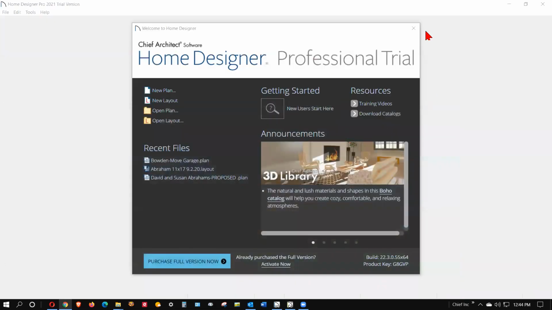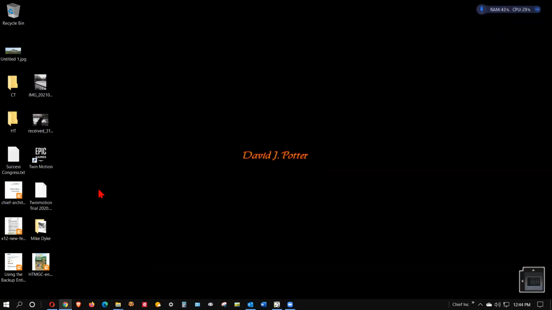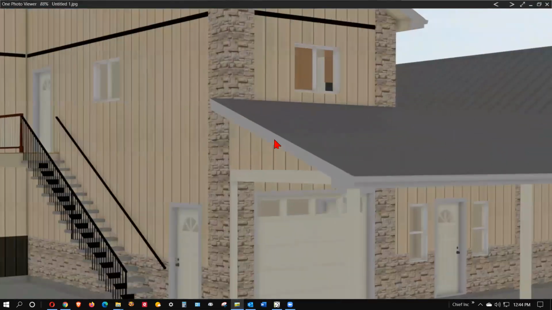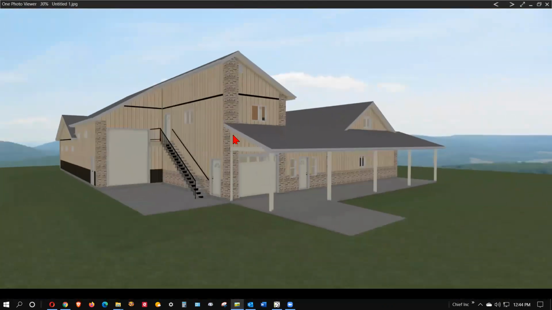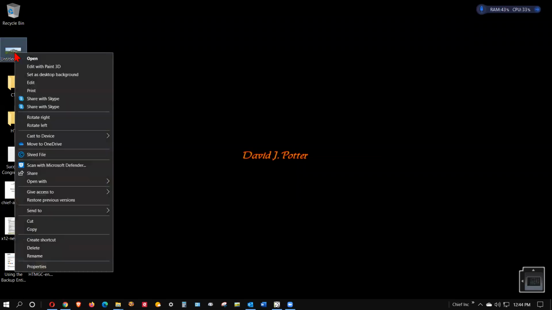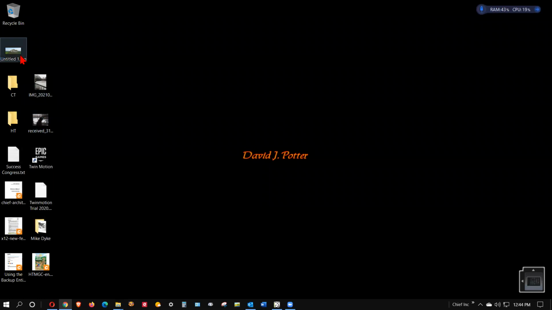Okay, now I'm going to minimize Chief, close the trial, and find that image. There it is. I'm going to double click on it and open it in an image display. It's a lot less pixelated than when sent to layout within the software. And it's big. Let's see, how big is it? It's over a megabyte. I could have exported it at the size of a billboard and done anything I wanted